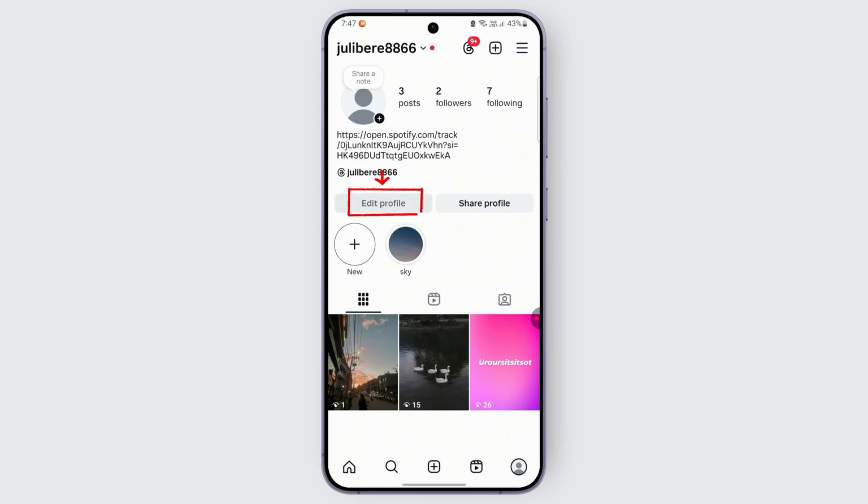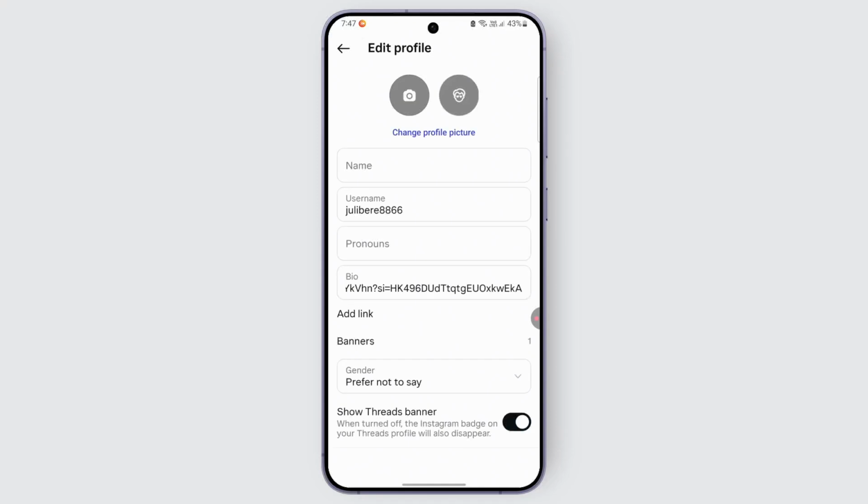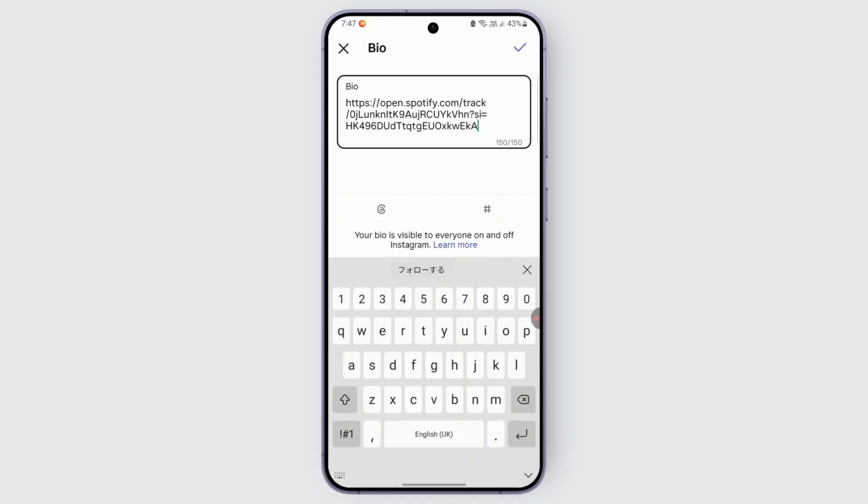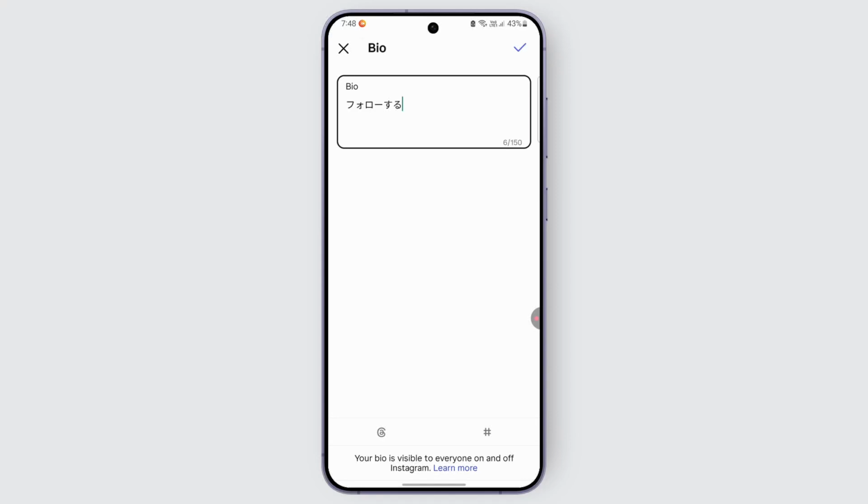And once you tap on edit profile, you just need to write your bio in a language that is different from your Instagram app's default language. For example, if it is on English, you need to type in another language. Write your bio in Spanish or any other language. So in this bio section, you can just add it. I'm just going to remove my old one and write in a new one. This is something Japanese. So you can add any of the languages available, and look out for the right option in the top and tap on it